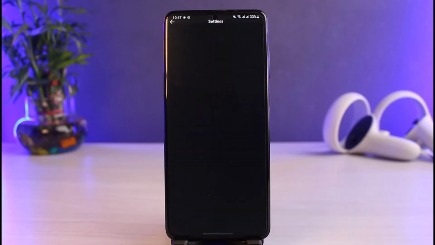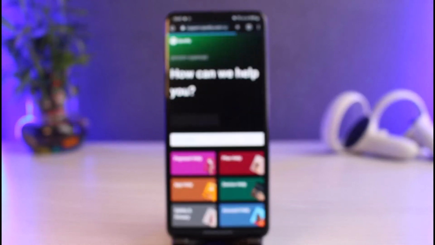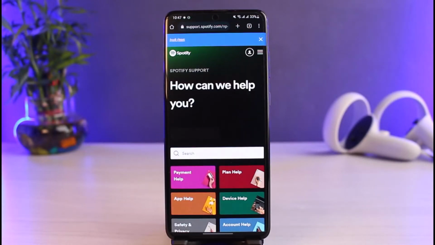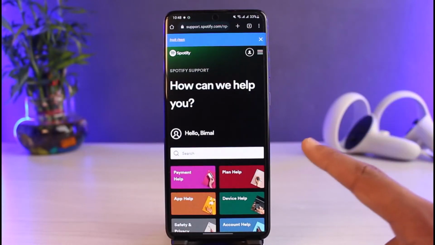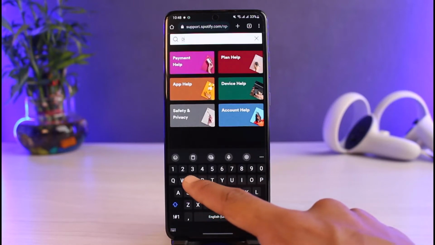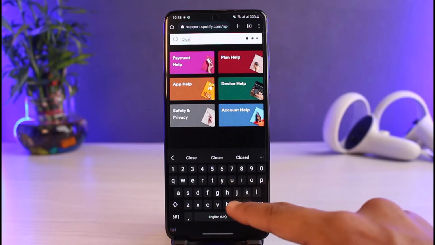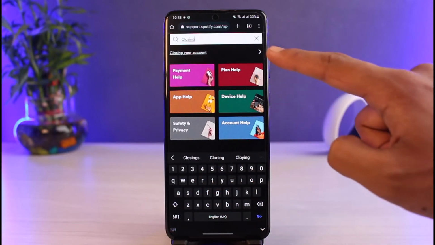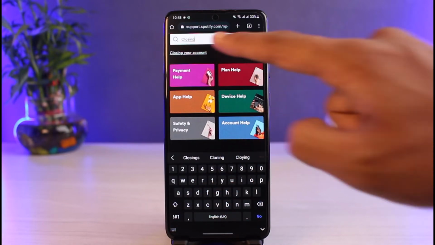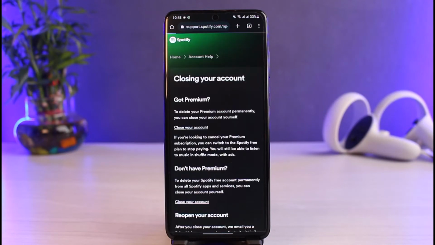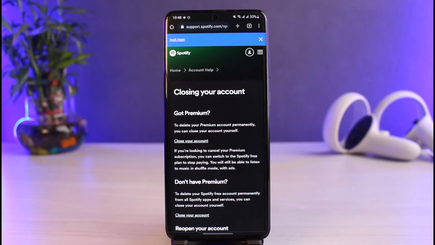Once you tap on support, you'll be taken to the help center or the support center of Spotify. In order to delete our account, in the search box you just have to type in delete account, or anything such as closing account. Just search for the delete account keyword, and as you can see, the search result says closing your account. Just tap on it. As you open up the closing your account article from Spotify themselves, here you have two